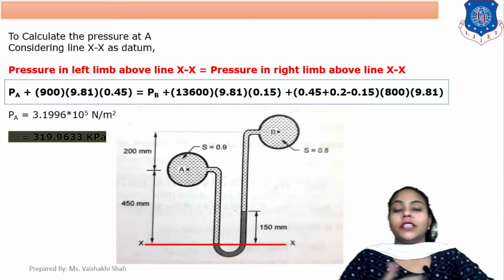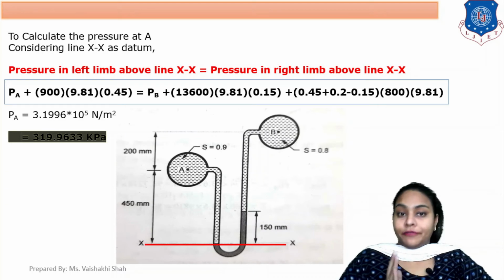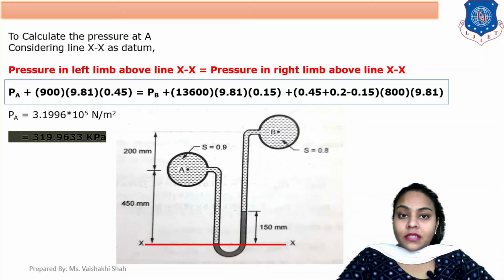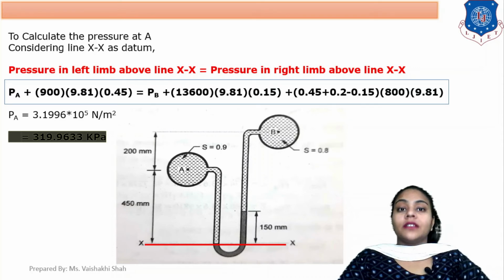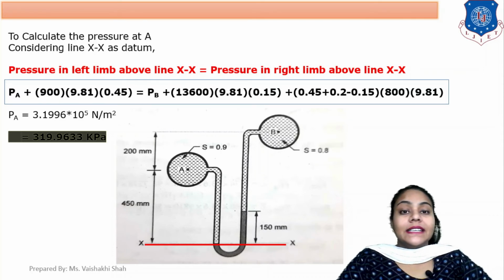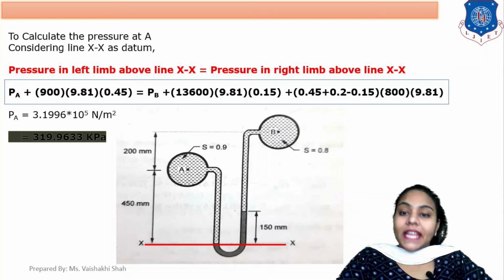So first, what is the pressure in the left column? First is the pressure due to pipe A, which is PA plus rho 1 g h1. Here rho, the density, is 900, g is 9.81, and the height is 0.45, equals to